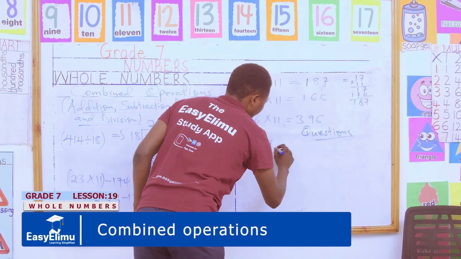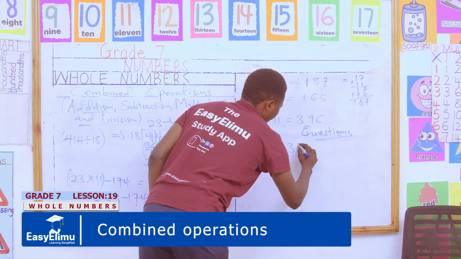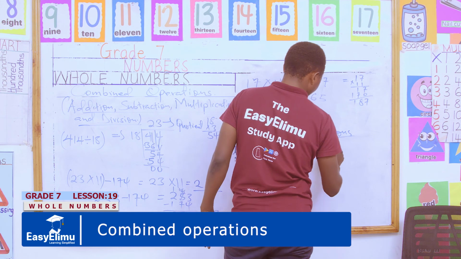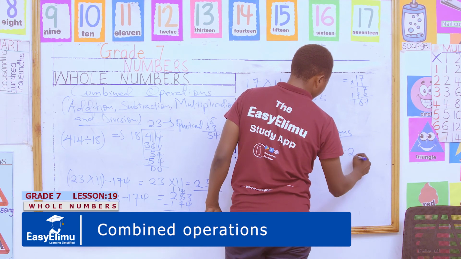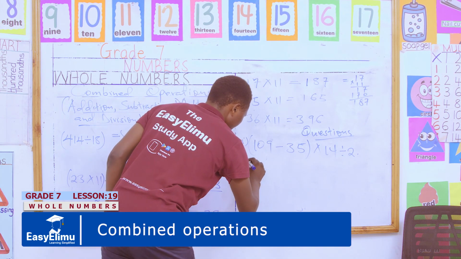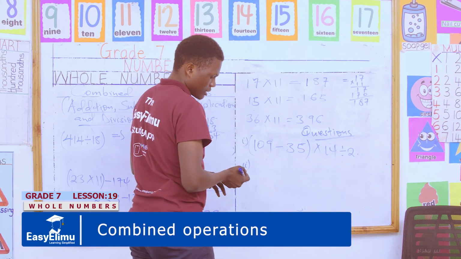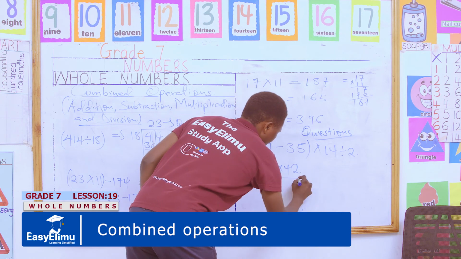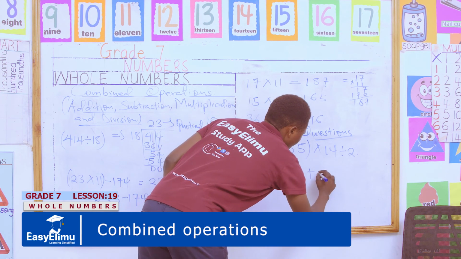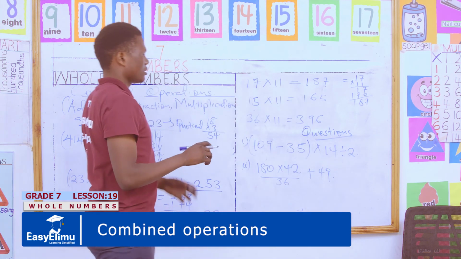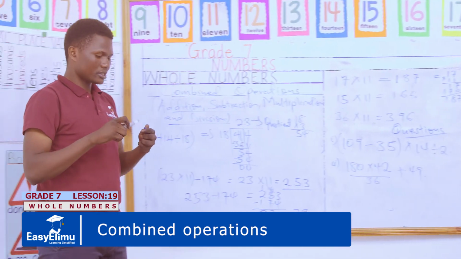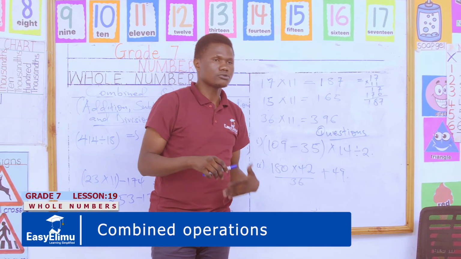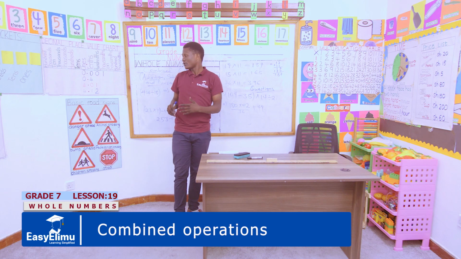So you have 109 minus 35 bracket times 14 divided by 2. Roman 2, you can have a question like 180 times 42 divided by 36 plus 49. So kindly do those questions and many more questions that you can come across to help you perfect your skills